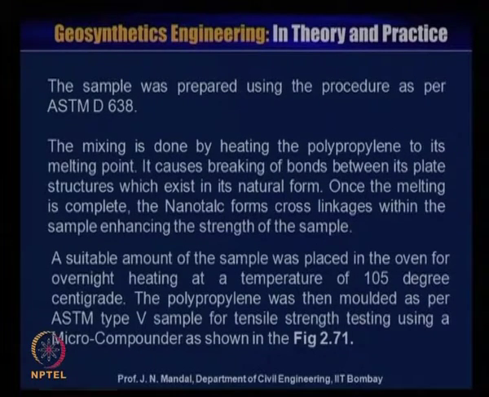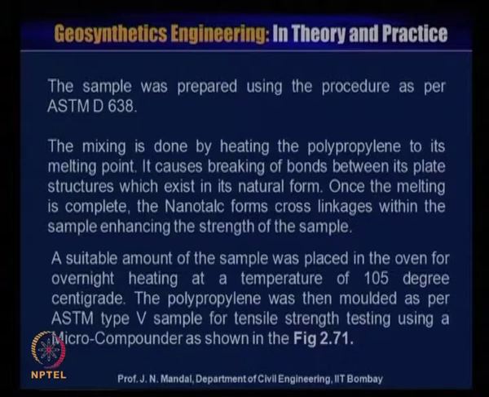A suitable amount of the sample was placed in the oven overnight, heating at a temperature of 105 degrees centigrade. The polypropylene was then molded as per the ASTM type V sample for tensile strength testing using a microcompounder,